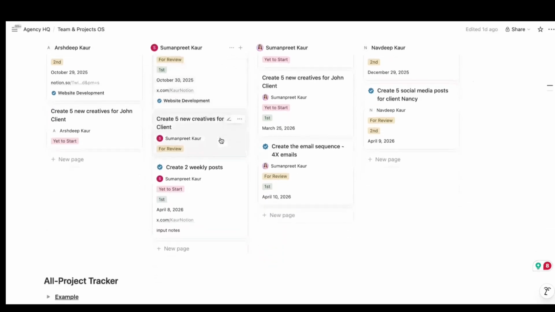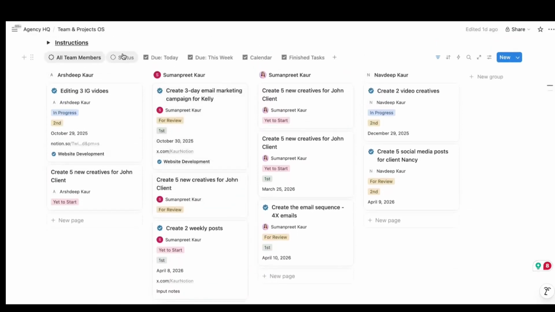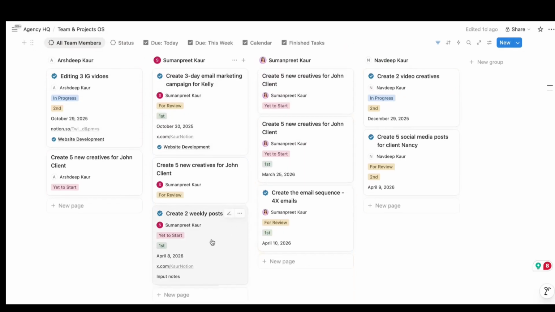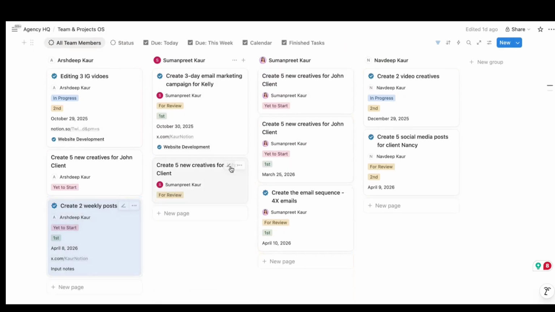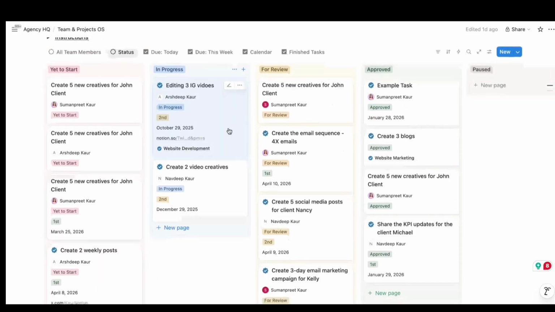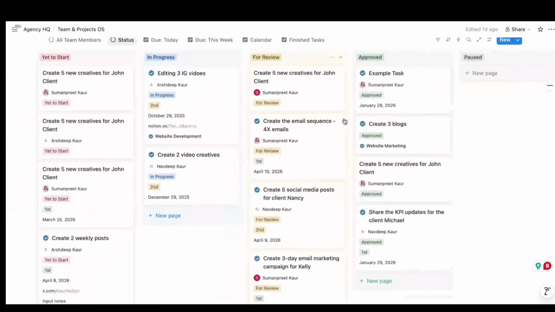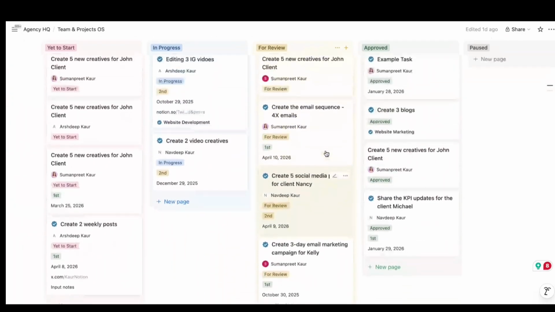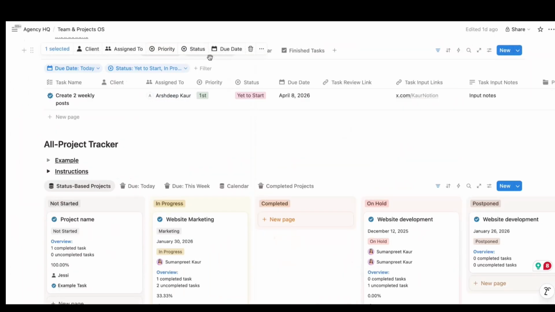Now it's not just a to do system, it's a full fledged team management system where you can see all your team members' assignments and pass on one thing to another automatically, see what's got done, what's next, and how are things moving across all your assignments and your team members. So in this video, I will showcase how this system works and how it removes founder dependency from your team. Okay, now let's get into this.